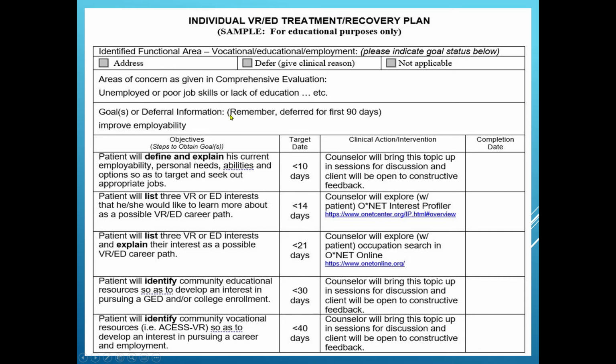So how this works is, I've seen over the years where counselors have said patient will gain knowledge of relapse triggers, or patient will gain knowledge of the benefits of 12-step meetings. Knowledge is not measurable. We can't get inside the patient's head, but we can ask them to explain, identify, define, demonstrate, differentiate in front of us, where we're sitting there watching them do it, especially with the list. This is great because we'll have the list and we can build on the list. We can look at the list. We can see the list. We can help them make the list. There's a lot we could do with that.